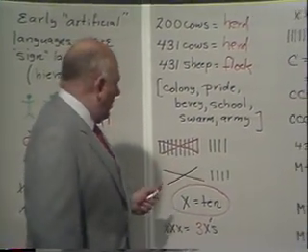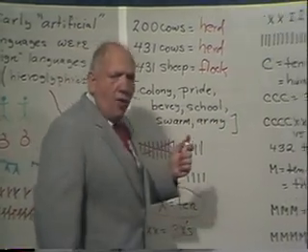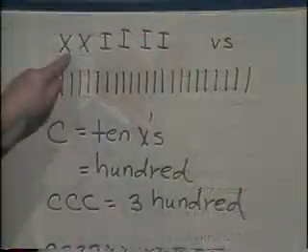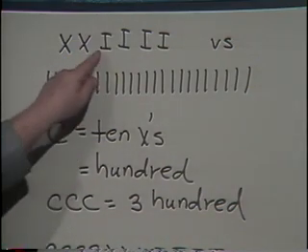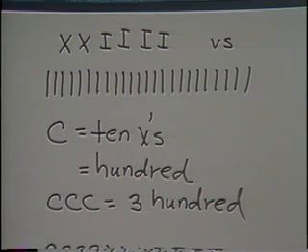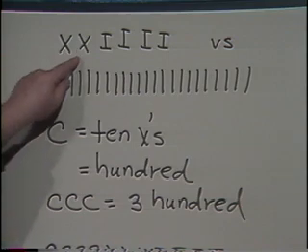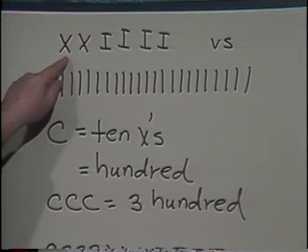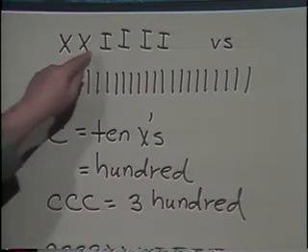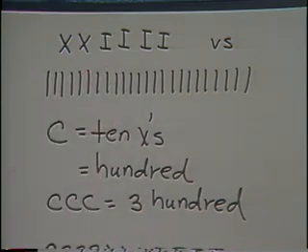So, for example, what the Romans were now able to do is look at this expression over here. See, the nouns are visible, the X's and the I's. The adjectives are implicit, you have to count them. See, what do I have here? 2 X's and 4 I's. X stands for 10, we've memorized that. That's 2 10s and 4 1s, that's 24.